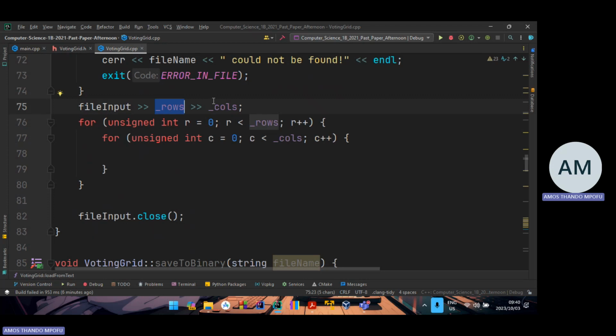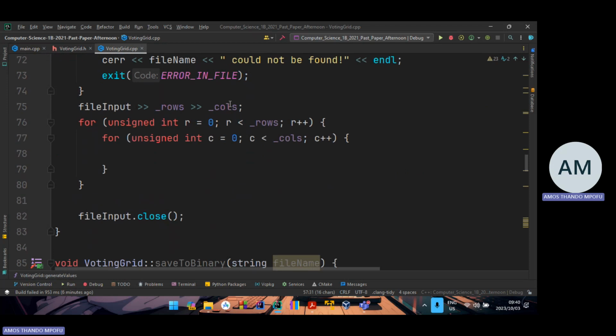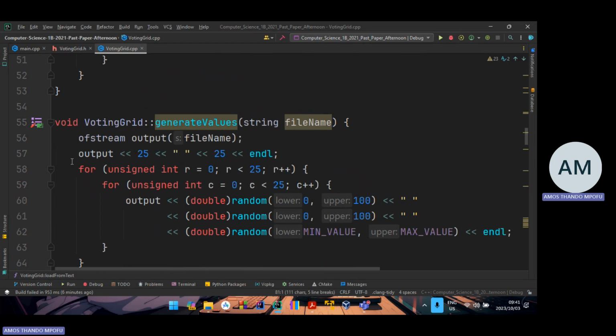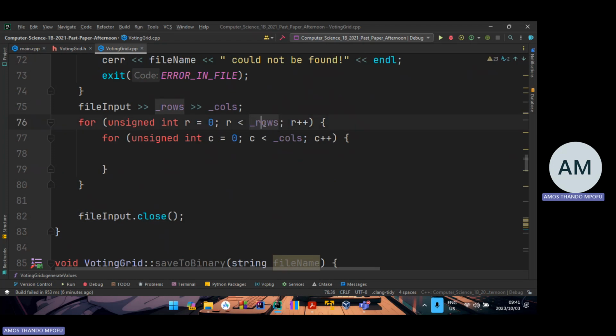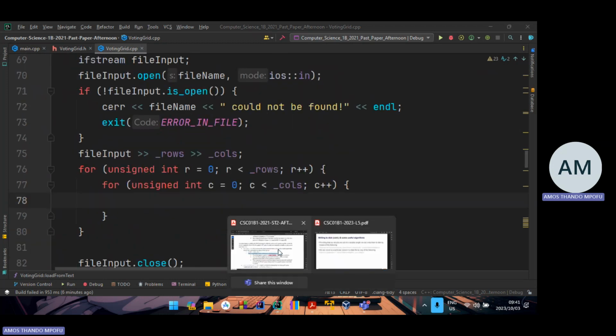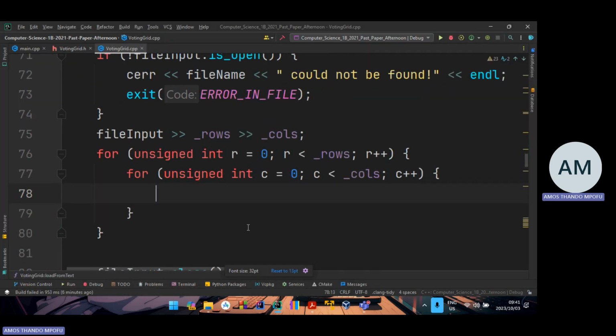So I'm going to read the first two values, which are these two, the row and the column. I've read those two values, and now I go through each row and column, because this is how they were stored, using the rows that I've received from the user, from the file. And then now I store, we start with the UAP and APU. So I'm going to start with the UAP. So let's do that. File input,